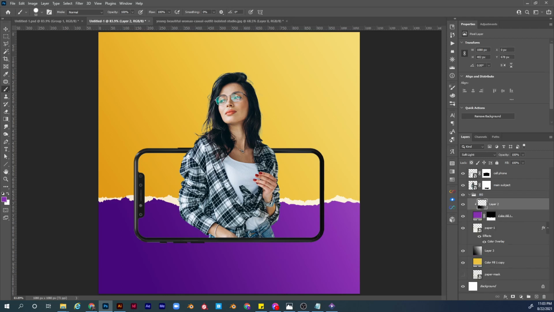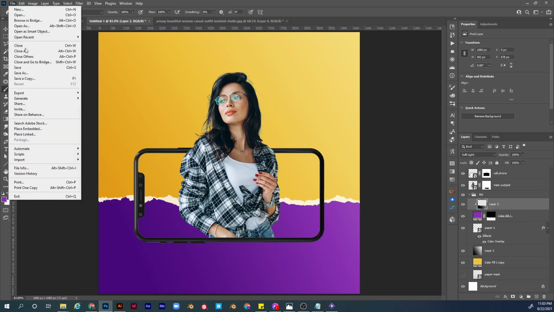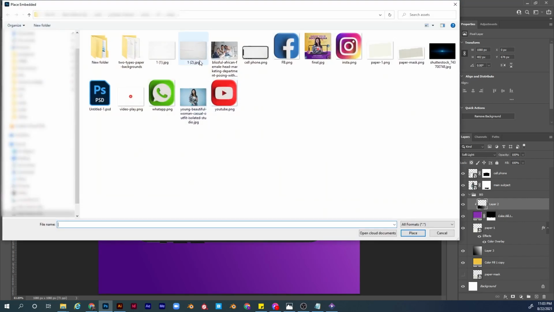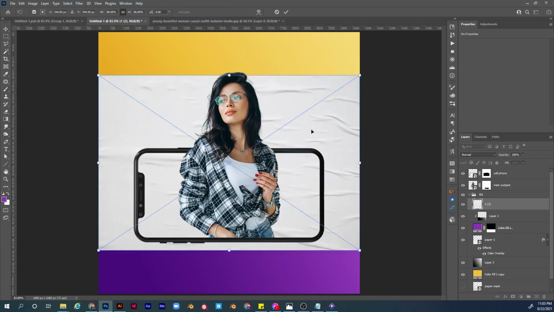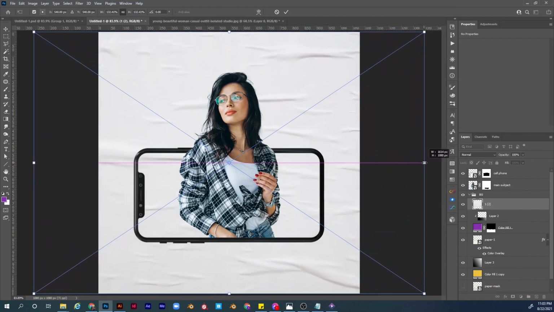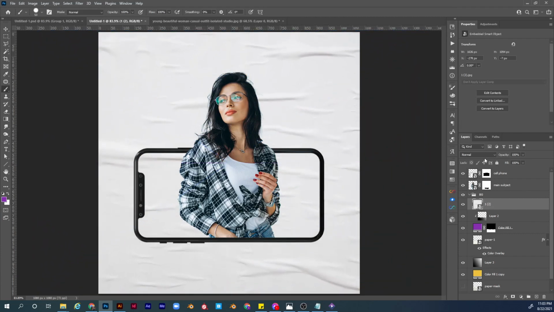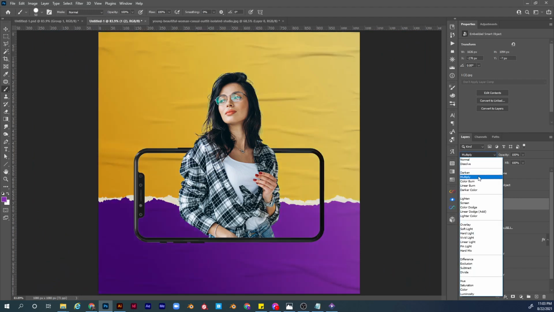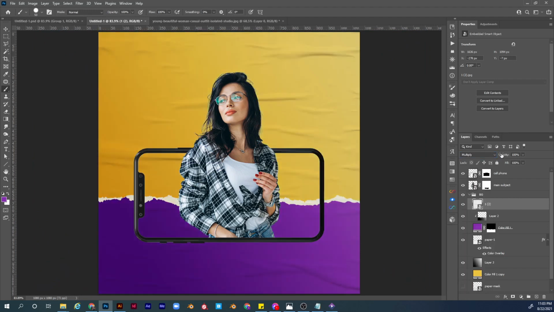Okay, go to file from the top menu, place embedded. Again guys, all these assets will be linked in the description. Choose this first paper texture here, hold alt, click and drag to scale it from the center, press enter, change the blending mode to multiply. Yes, I think it's a little bit high on the opacity, so let's reduce it, maybe around